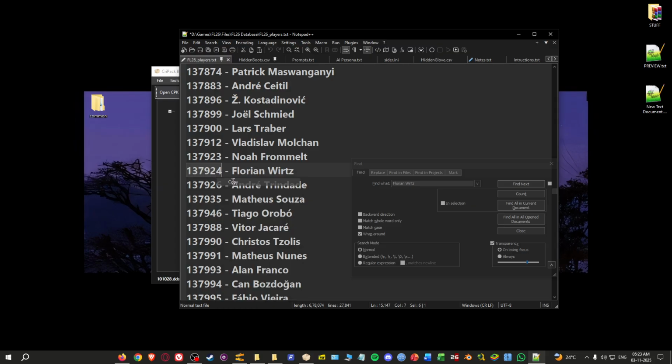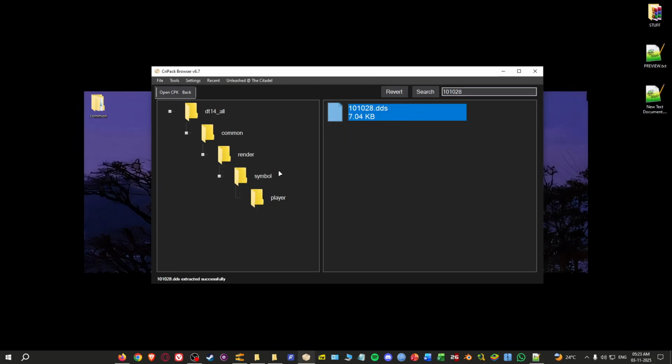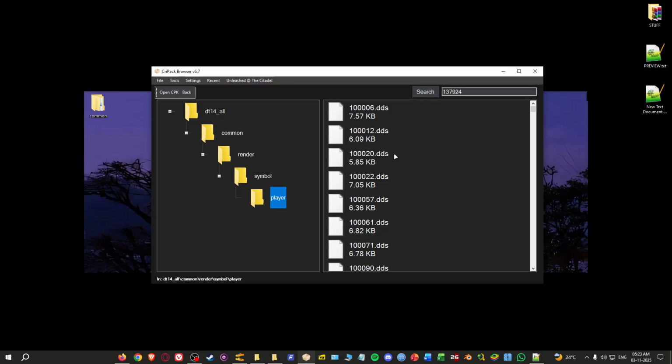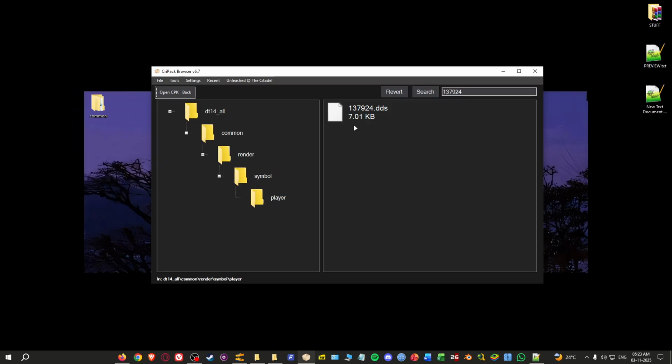137924, you copy this, you remove the previous ID, you paste Wirtz's ID, and you click search, and he doesn't even have an ID. Okay, that's even crazy. He doesn't even have a face in game to extract. So in this scenario, I will show you how to create a face from scratch. Oh no, he does have a face. Oh, my bad, he does have a face. This thing was bugging. So you need to go to revert, or go back, like reset, and